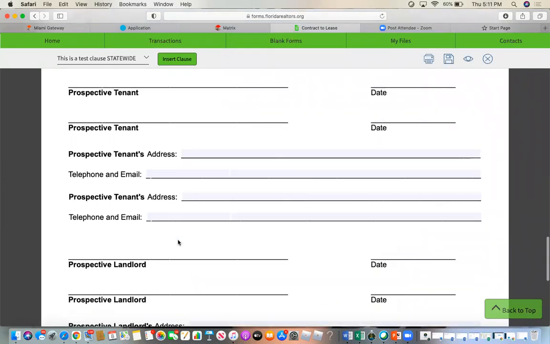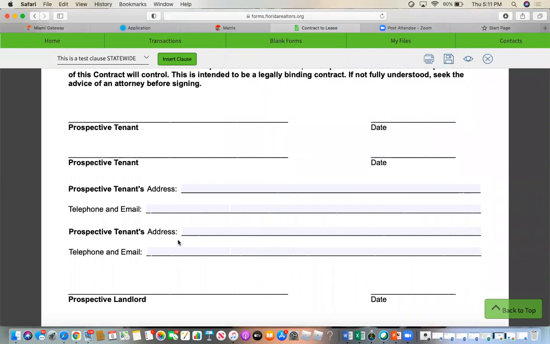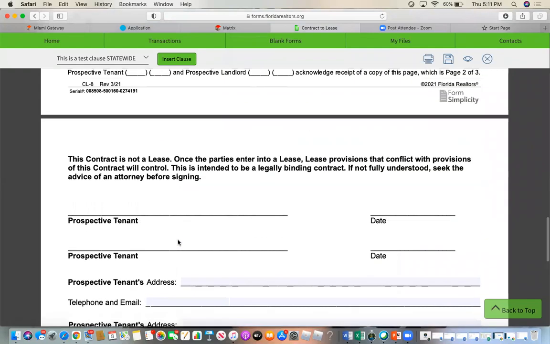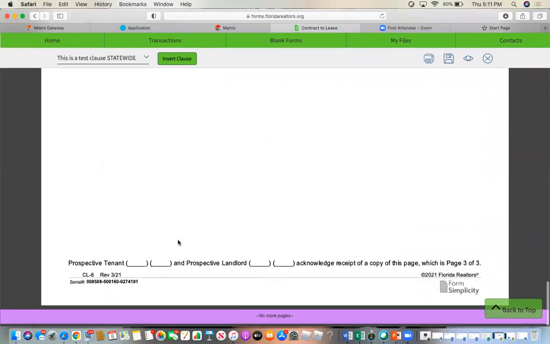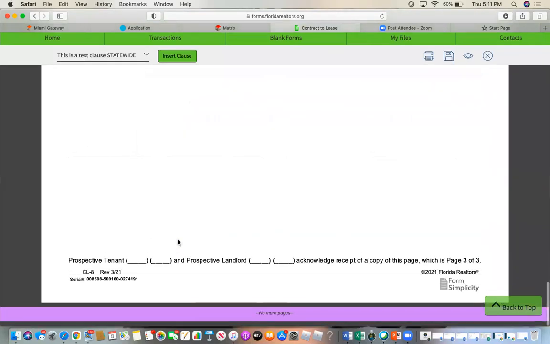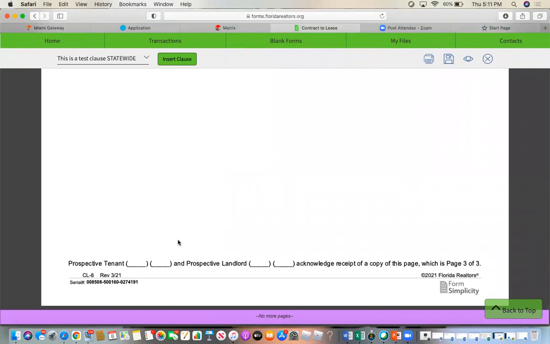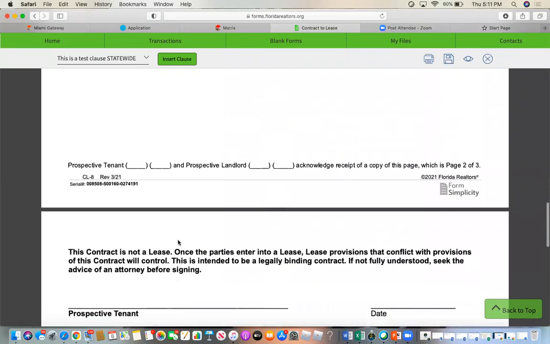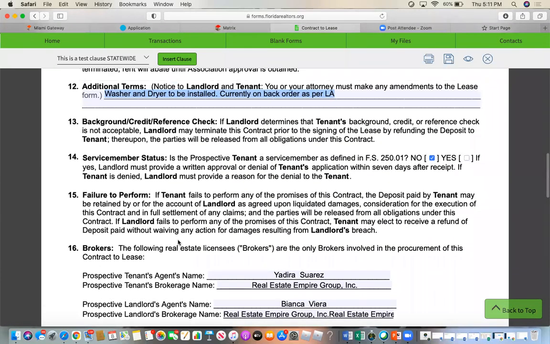The following page is for signature by both parties, tenant and landlord. And this is the contract to lease. Very, very simple. It's only a few pages, only 3 pages. It's at a glance. Once this is approved, it's when you go ahead and proceed with